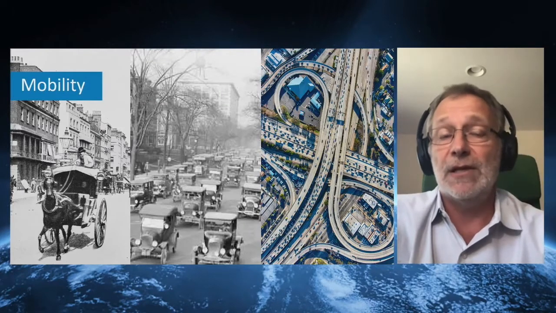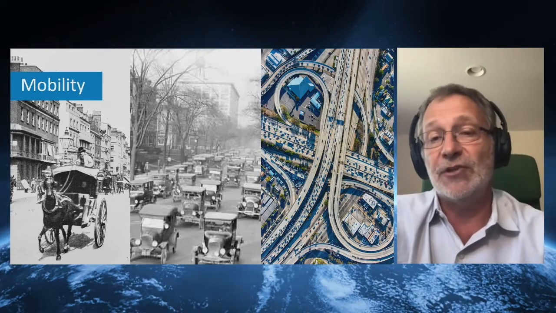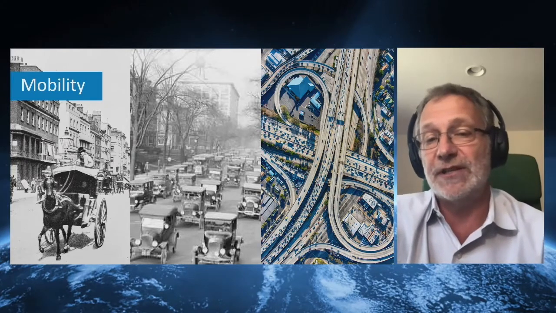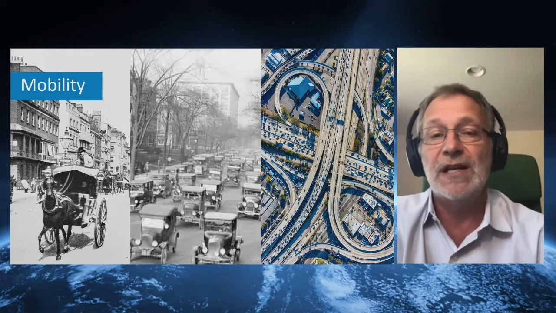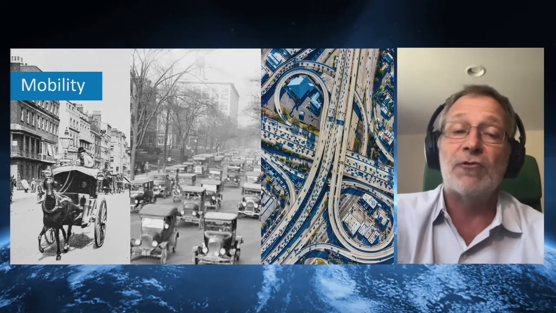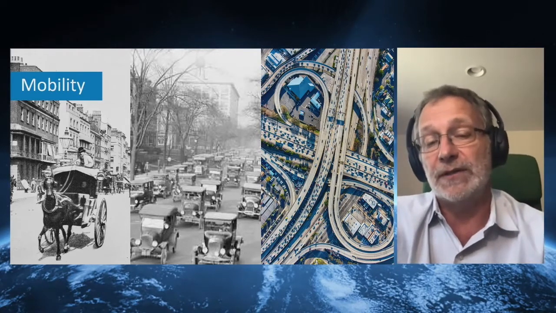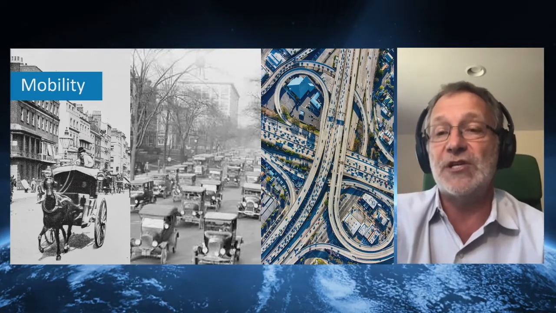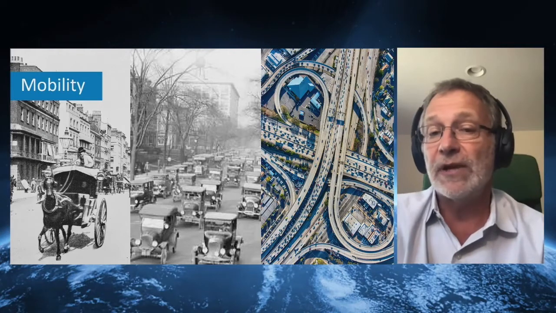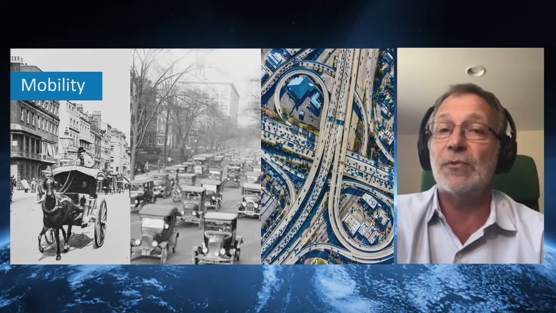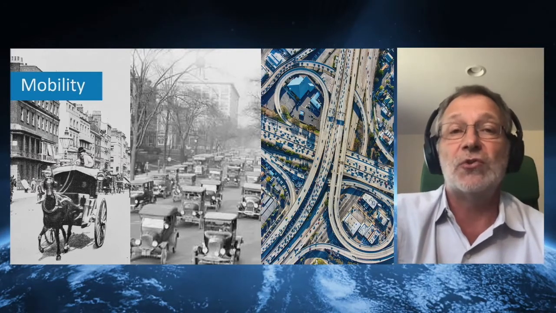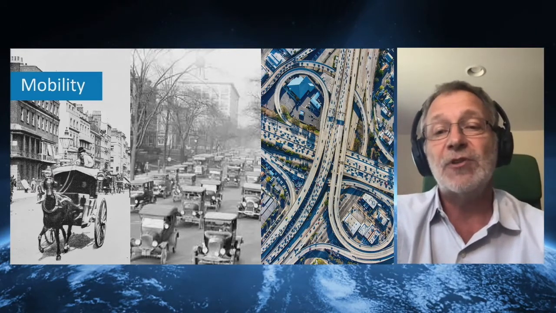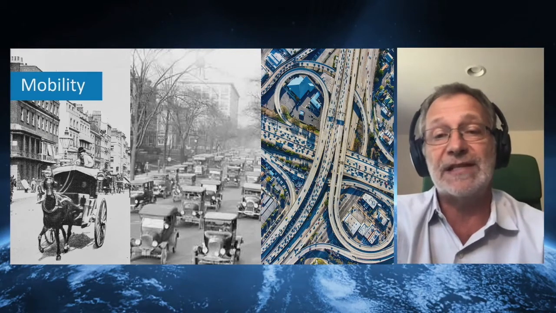And then there's mobility. Mobility is rapidly changing. When you look back a little bit more than 100 years ago, we had horse carriages, and suddenly there was this huge transition in a very short time period from horse carriages to automobiles. And now we're seeing the same kind of step function, big changes in transportation, not only through electrification of our transportation, but also when you link transportation to the autonomous side. We're seeing massive impact and changes in the transportation sector, which will come over the next couple of years.